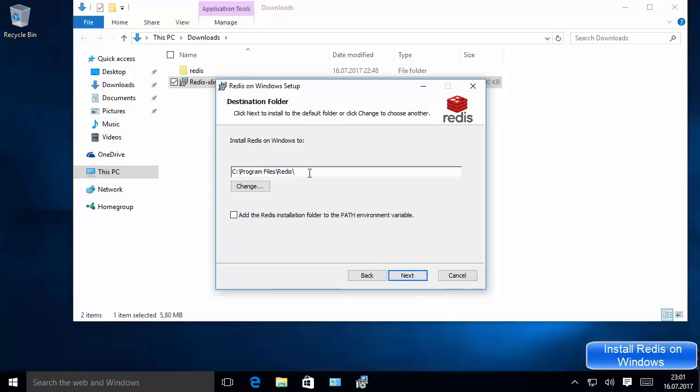And this is the location where Redis will be installed on your system. And then this is the important step. So it will ask you if you want to add the Redis installation folder to your environment variable. So this installer will automatically add the Redis path to the environment variable if you check this option, which is easier also, right? And then click next, and this is the default port, as I already said, 6379,